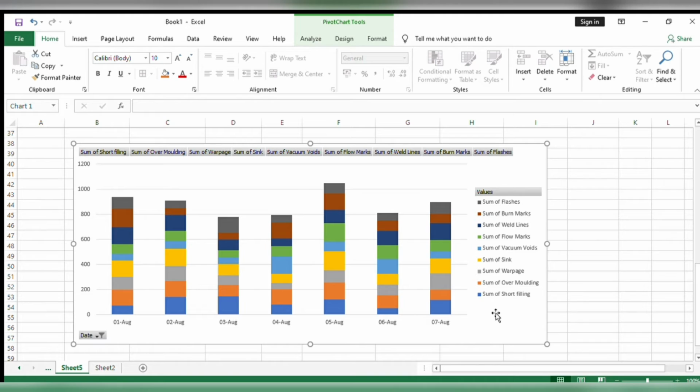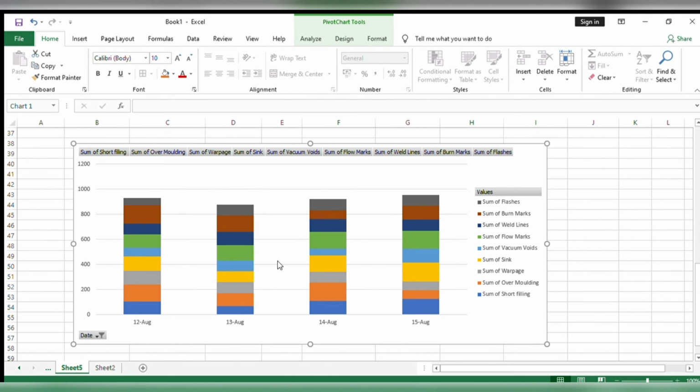All other things which you used to do in graphs, like adding data labels, adding your chart name, all that we can do over here also. And we can also filter our data in the graph only. We need not make a new graph every time we need the data to be segregated. So I hope this will help you in your daily routine work.